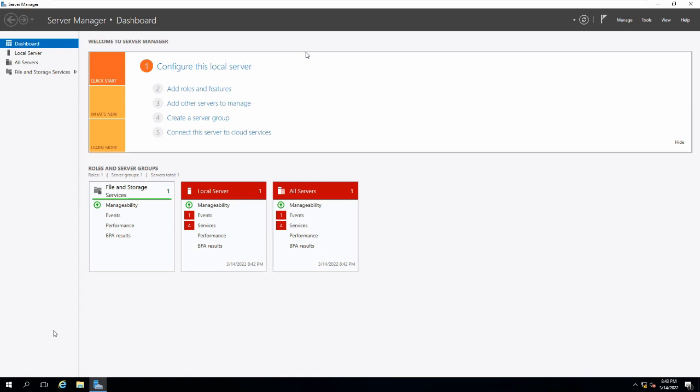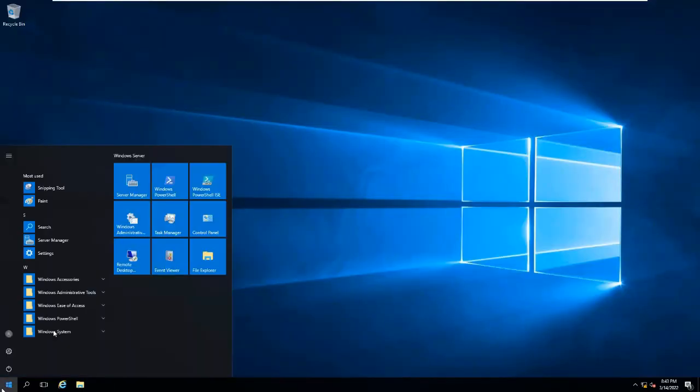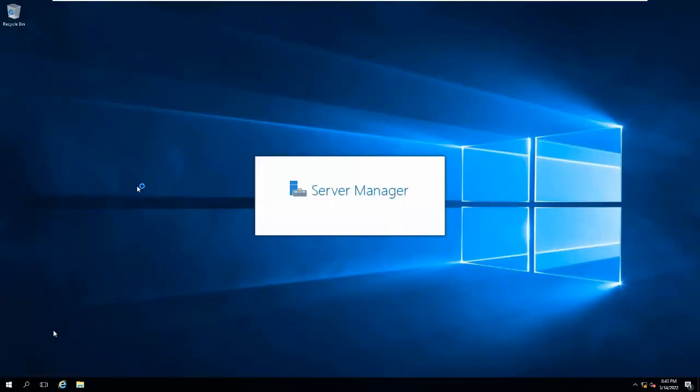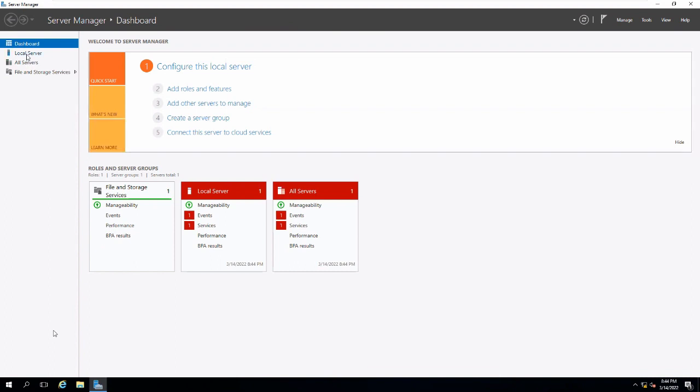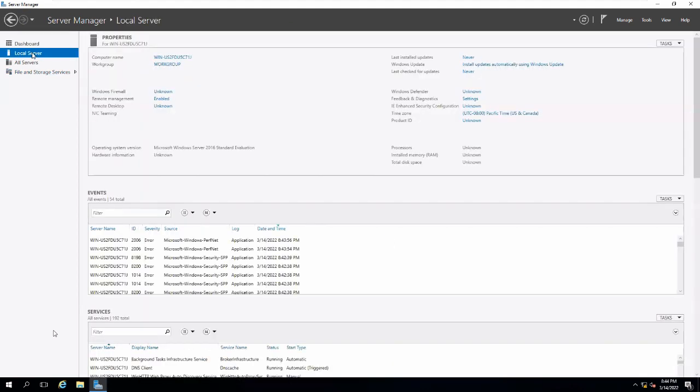For that, the easiest way is to use Server Manager, right? Server Manager automatically starts when you log in, or otherwise you have to go to the start menu and select Server Manager, right? In Server Manager there's a dashboard, right? If you want to see all the basic configuration in one window, you just select Local Server, right? All the basic configuration that you need to perform is listed in here, so you can change accordingly, right?